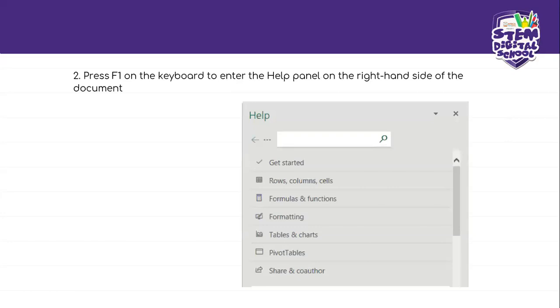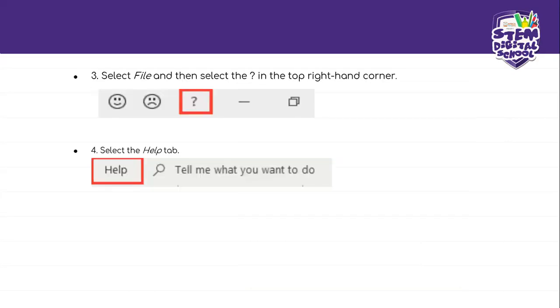And also, if you need help, you can just press the F1 key, and also the question mark in the top right corner. In the File tab, you click on the File tab when you are on